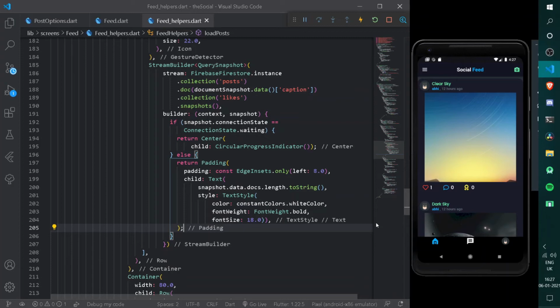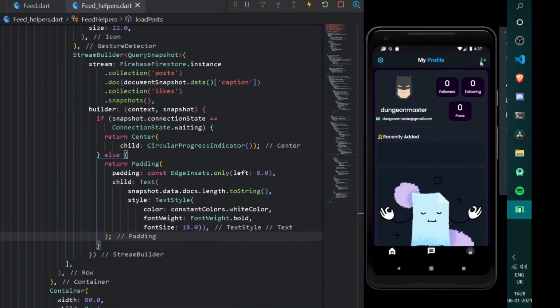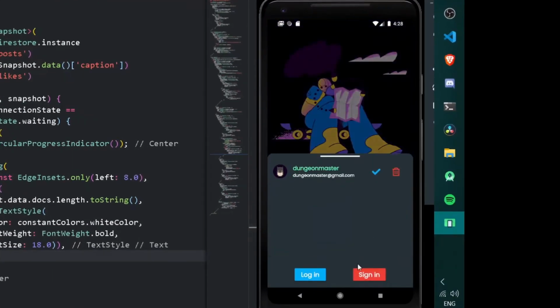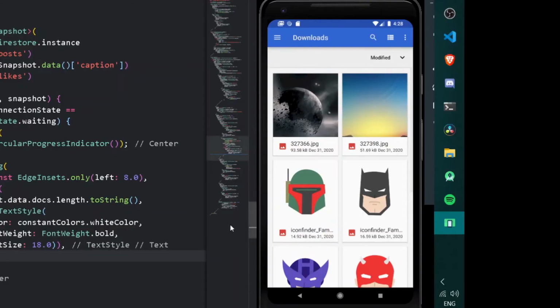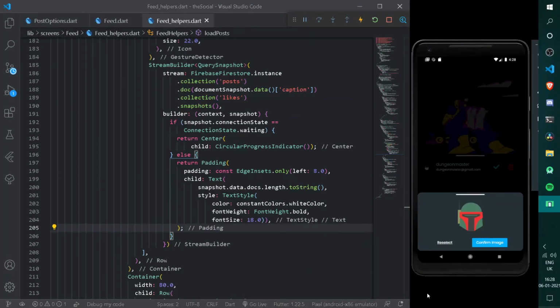You know what, we should continue the following tutorial in the next part as well. That is part 2 of adding comments, likes and rewards, because the following tutorial is going quite long. But before that, we can do one thing: log out of the following application and let's create one more account. So here let's have a sign in. From the gallery, let's choose my image. Let's choose Mandarin, confirm image.